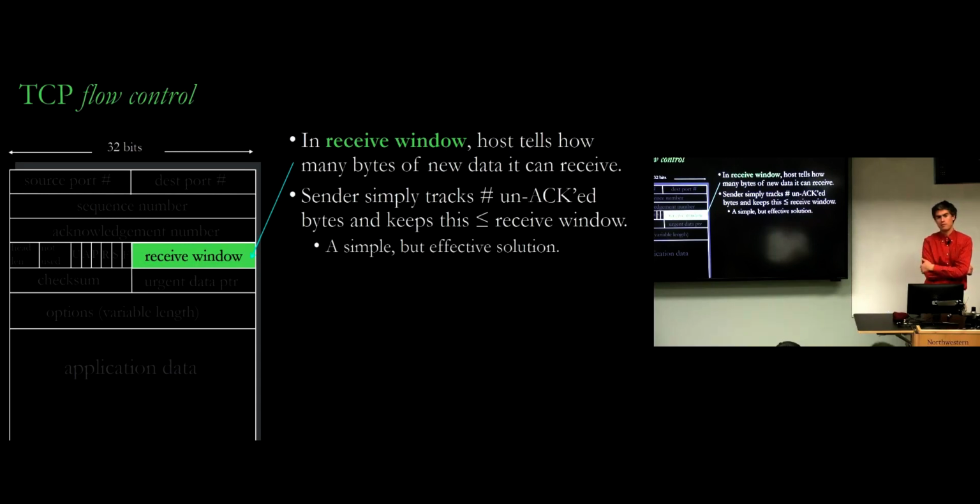Yes? Is that very explicitly like space left in memory, or is it more of a suggested thing? It won't be space left in memory. It'll be much smaller than that generally. It'll be space left in the memory that's dedicated to processing and queuing incoming packets. It could also be a buffer not in RAM, but in the network card's hardware. There could be memory on the network card that is dedicated to buffering these incoming packets, and that can be monitored by the operating system and reported in the receive window.